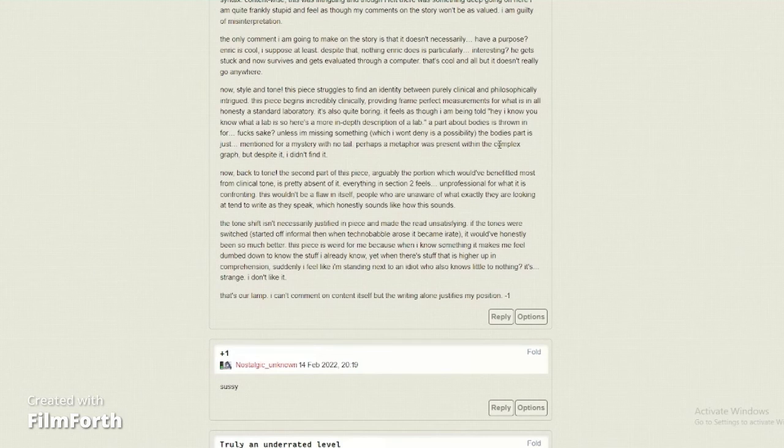Perhaps a metaphor was present within the complex graph, but despite it, I didn't find it. Now, back to tone. The second part of this piece, arguably the portion which would have benefited most from clinical tone, is pretty absent of it. Everything in section 2 feels unprofessional for what it is confronting. This wouldn't be a flaw in itself. People are unaware of what exactly they are looking at. They tend to write as they speak, which honestly sounds like how this sounds. The tone shift isn't necessarily justified in making this read unsatisfying. If the tones were switched and started off informal, then went